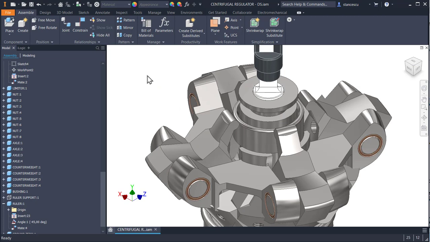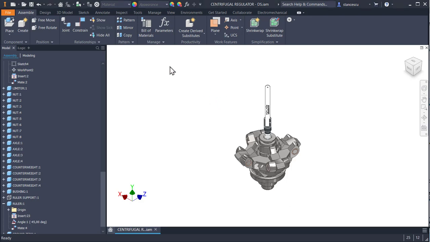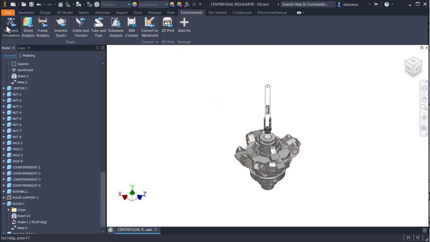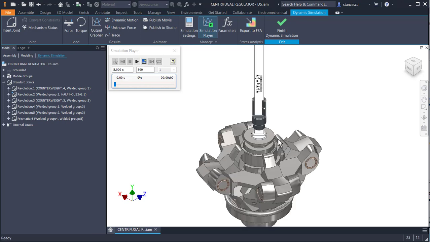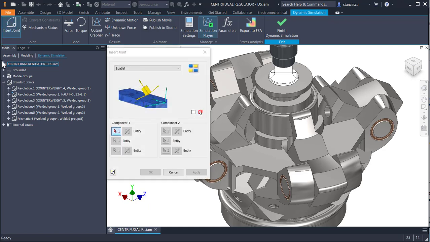But this is to be done in the dynamic simulation module. Environment, dynamic simulation, and we insert joints for placing these cylindrical faces on the planes, not with tangent in the assembly, but with joint in